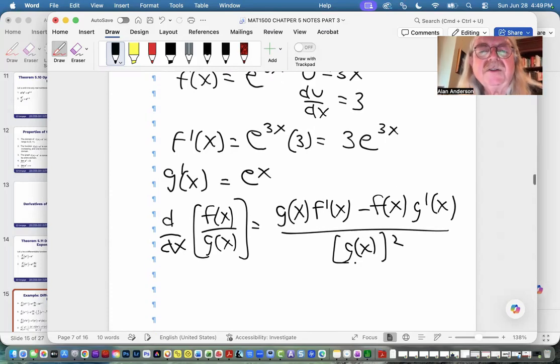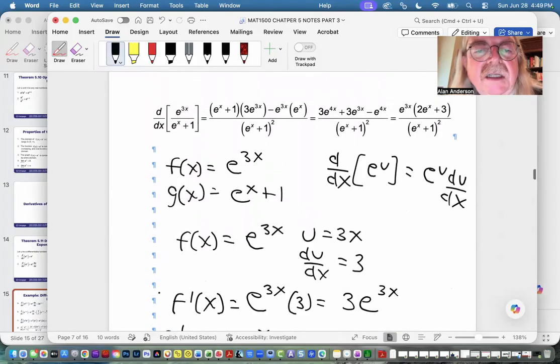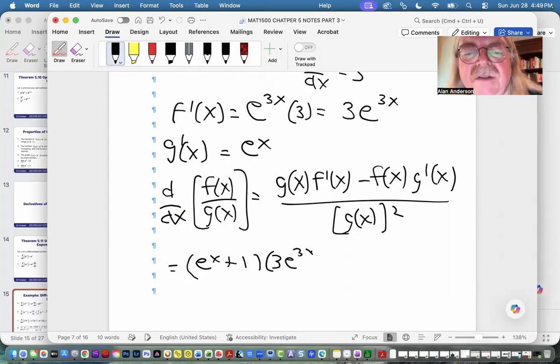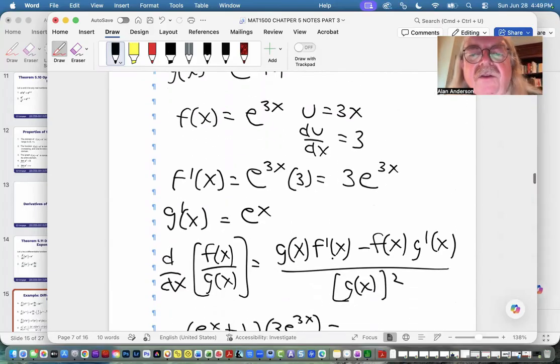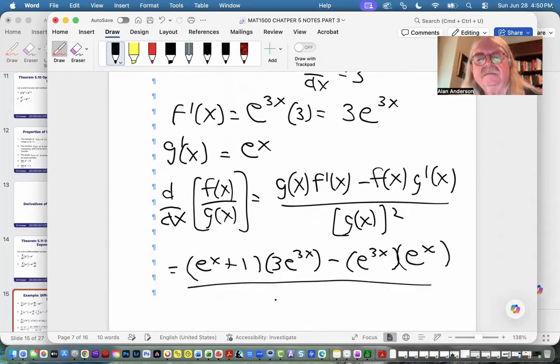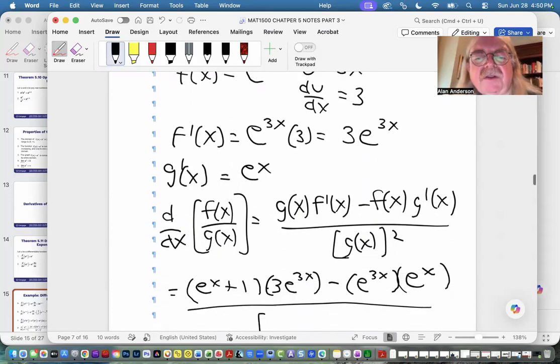All right, so let's substitute. g of x was e to the x plus 1. f prime of x is 3e to the 3x. f of x is e to the 3x. g prime of x is e to the x. And again, g of x is e to the x plus 1